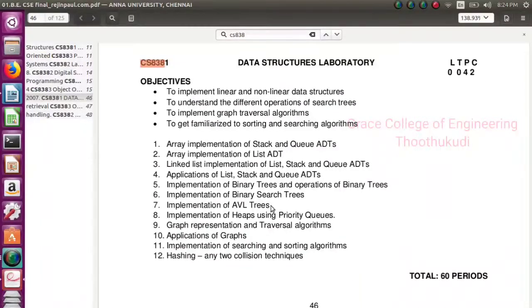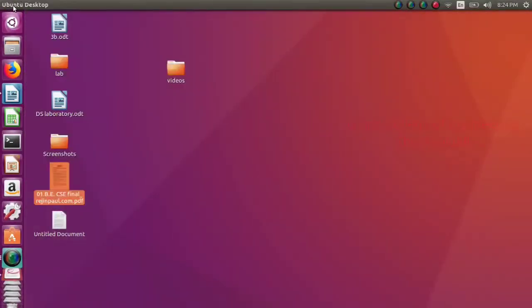The first condition is the AVL tree should be a binary search tree. Binary search tree means the left side values are smaller than the root and the right subtree values are greater than the root. And the second condition is the balance factor value should be 0, 1 or -1. The balance factor is calculated by the height of left subtree minus the height of right subtree. If it satisfies the two conditions, then the tree is called an AVL tree.